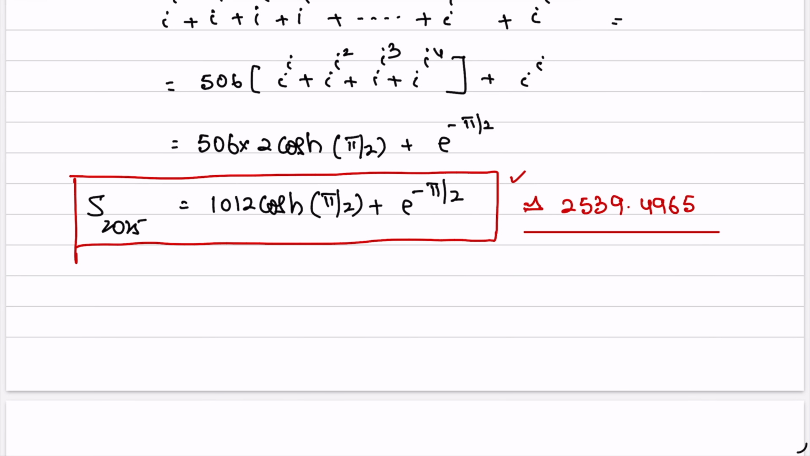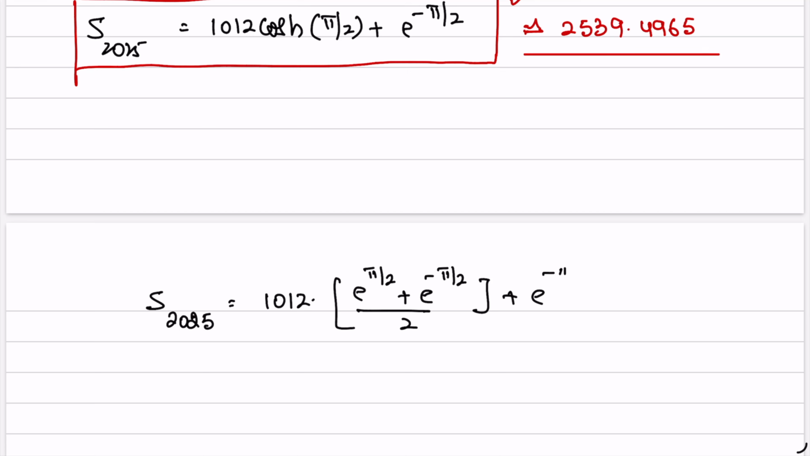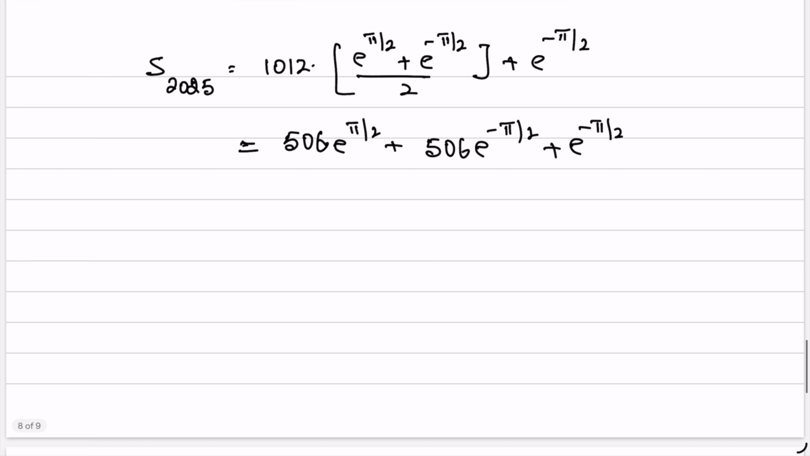Cos pi by 2, we can even write it this way also, if you don't want cos hyperbolic. 2025 is equal to 1012 into e to the power of pi by 2 plus e to the power of minus pi by 2, whole divided by 2, that is equal to 506 into e to the power of pi by 2 plus 506 into e to the power of minus pi by 2. That can also be written as,